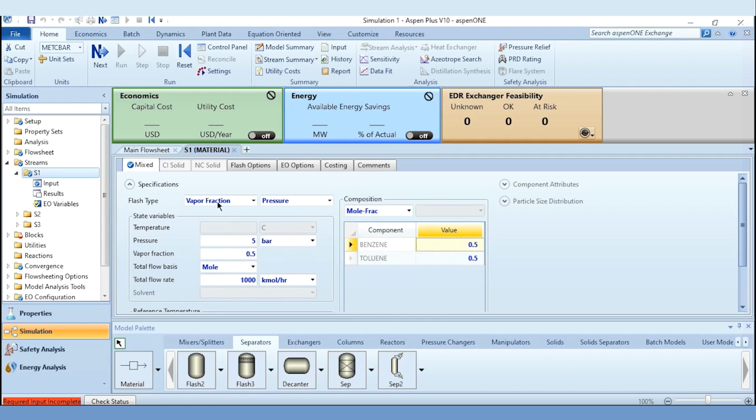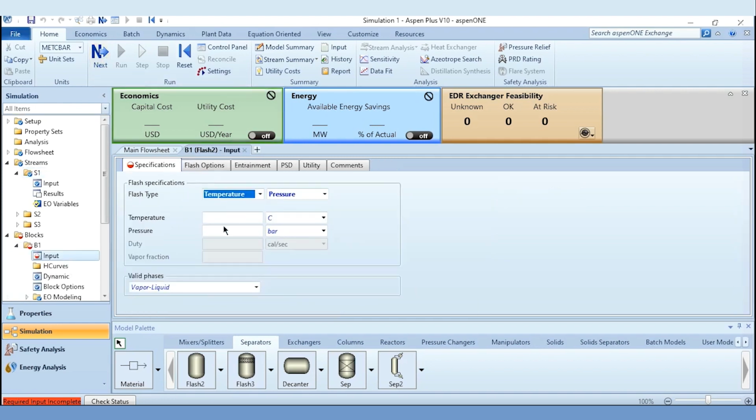After that, click on next, and then we will go to this block. Obviously we are not provided with the temperature, but we are provided with the pressure, that there is no pressure drop with 5 bar. And if you remember, 0 bar means inlet pressure is equal to outlet pressure, and there is no pressure drop in the system. So either we specify it as 5 bar or we specify it as 0 bar, it is the same. Similarly, if there is a pressure drop, then we will specify minus 0.1, minus 0.2, or inlet minus outlet pressure. We can simply specify the pressure over here. And now we are not given the temperature value, we are given the vapor fraction in the feed. So by default we will take the value over here of vapor fraction as 0.5, and after that